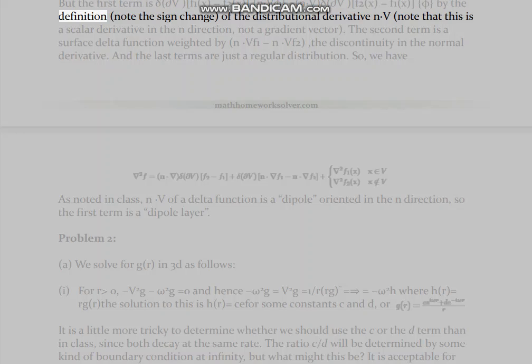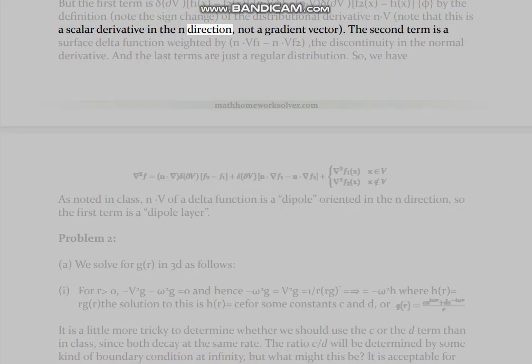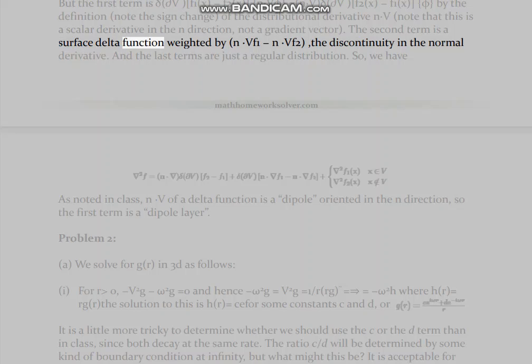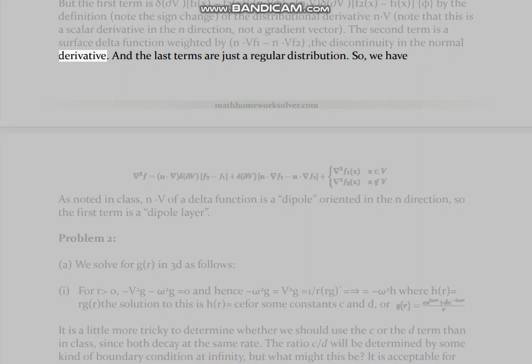By the definition, note the sign change of the distributional derivative ∂_n. Note that this is a scalar derivative in the n direction, not a gradient vector. The second term is a surface delta function weighted by ∂_n f1 minus ∂_n f2, the discontinuity in the normal derivative. And the last terms are just a regular distribution. So, we have